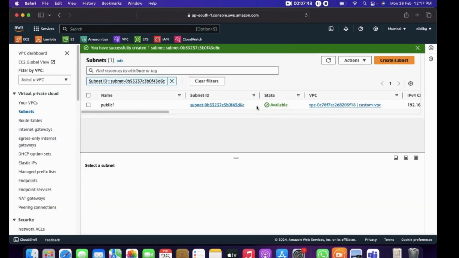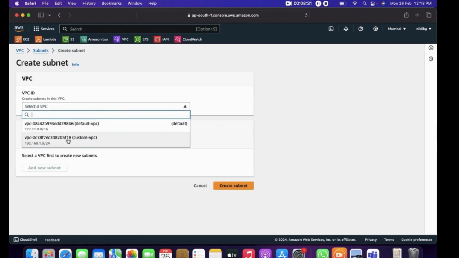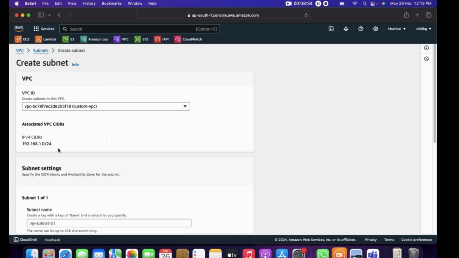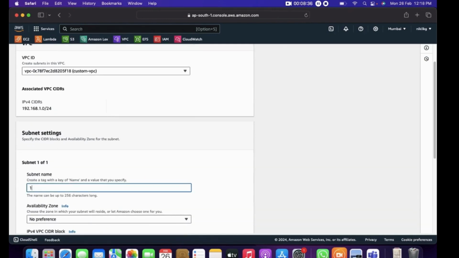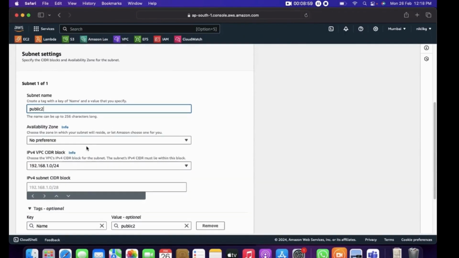Creating the subnets now. Let's create the public 2 subnet. So we are going to attach the subnet to the custom VPC, and the subnet name is public 2. Let's go back to the diagram. Public 2 is the 192.168. There is a typo in the diagram. It should be 64. Okay, so public 2, availability zone will be 1B,